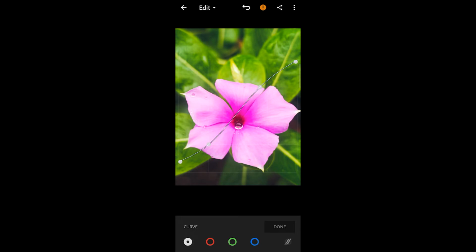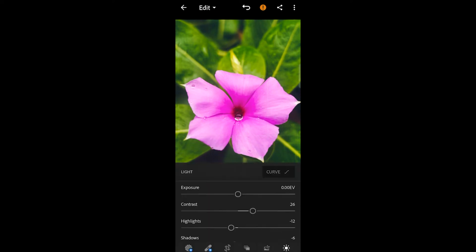I think in curves I should go a bit less on the shadows. Yep, and I'll also go less on the highlights. Okay, that's looking really good. I'm not changing the red or green slider. Okay, I'll just give a bit of fade, more of the blue tint, reduce a bit less. Okay, done.